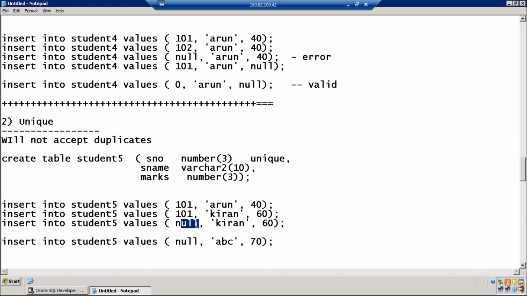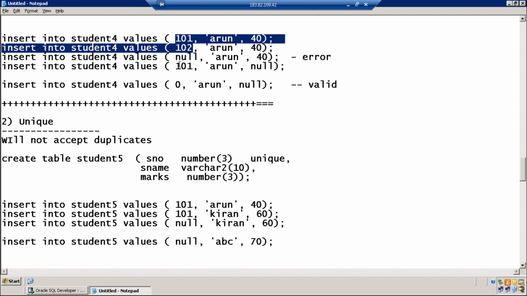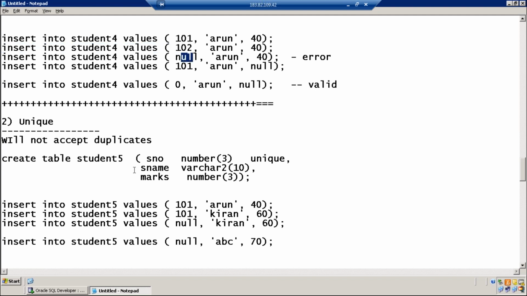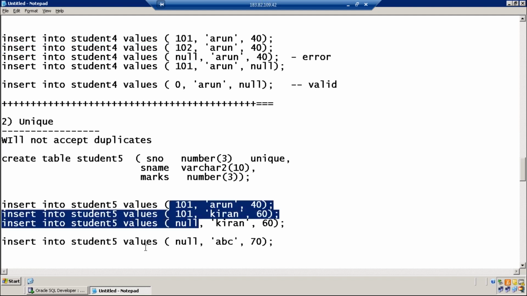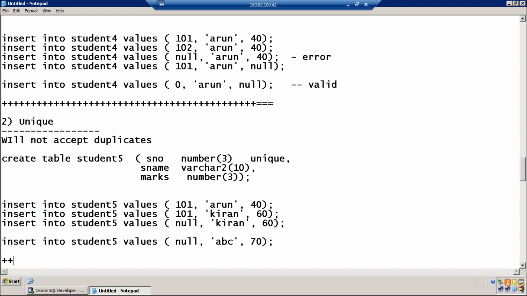Then there is no scope for duplication. So null values are accepted; only duplicates are not accepted. Very important point: not null will accept duplicates but will not accept null values. Unique will accept null values, but it will not accept duplicates. So don't get confused.